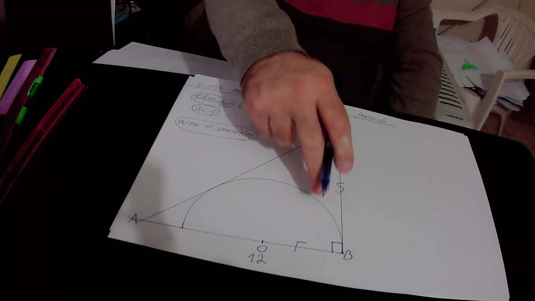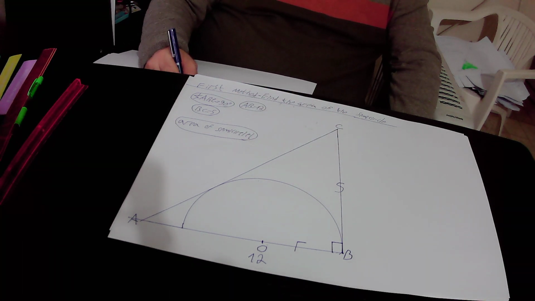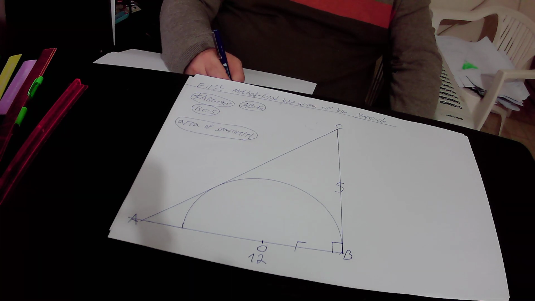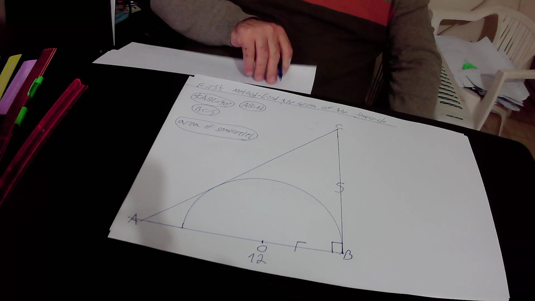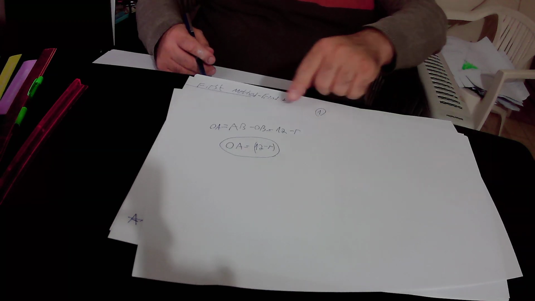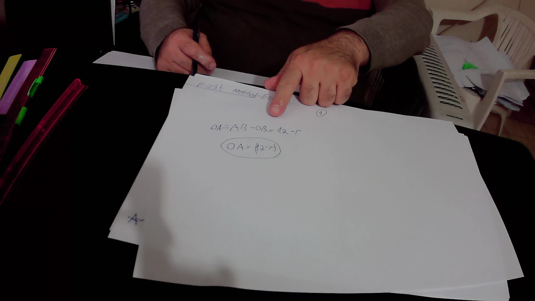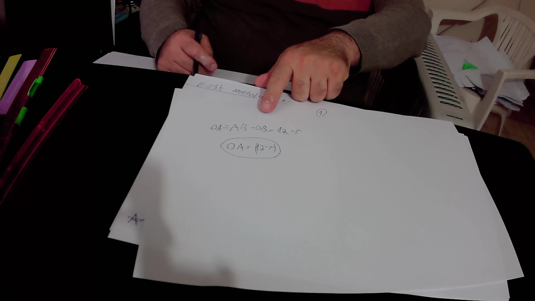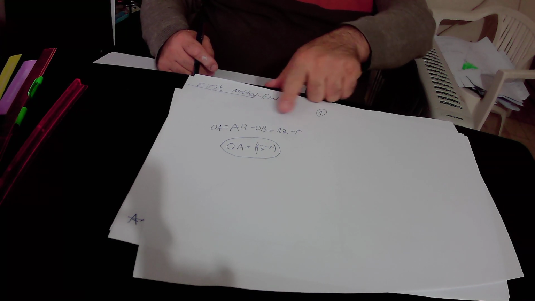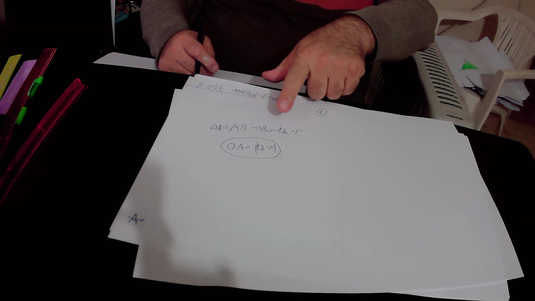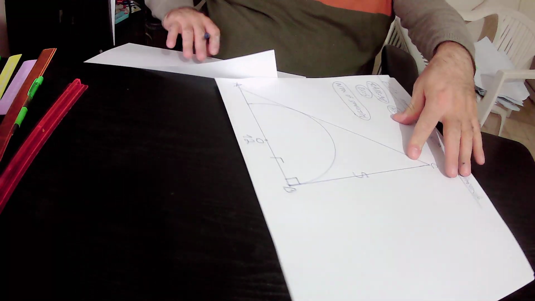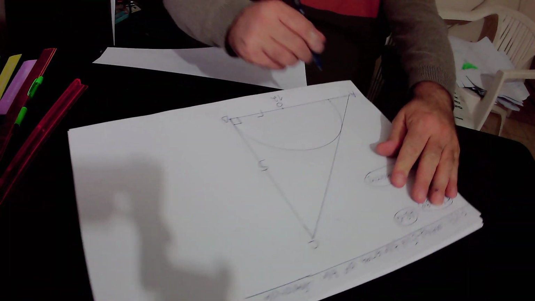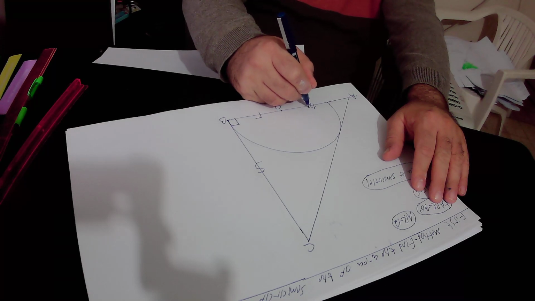And OB is the radius of the semicircle, therefore it equals R. So in conclusion, we found out that OA equals 12 minus R. So we can write here that line segment OA equals 12 minus R,